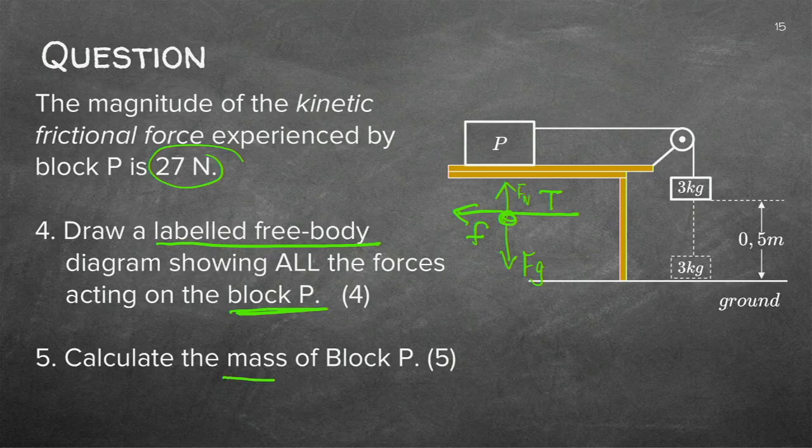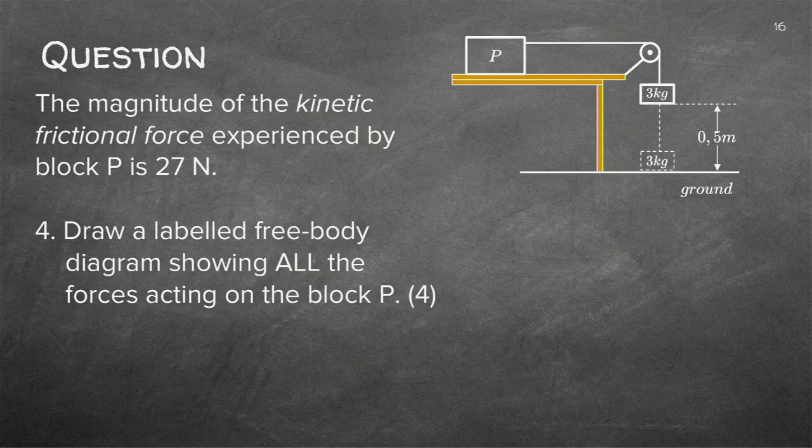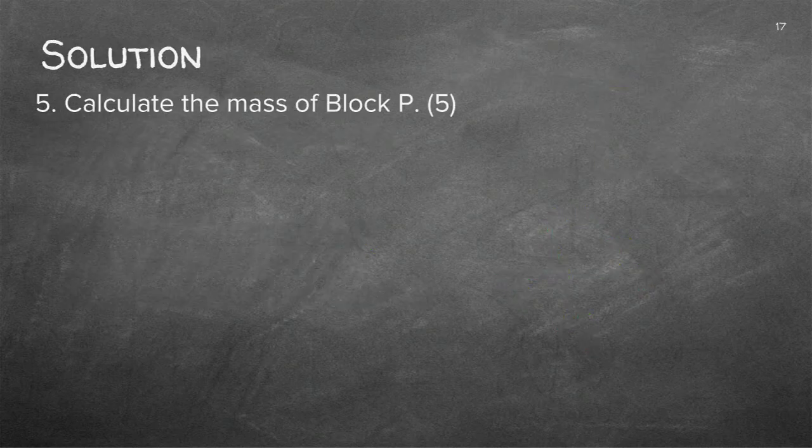The second question is determining this mass. Right. Let me go there. The free body diagram we just did, I'm just going to draw it again. I've got the T pulling that way, and we've got the value of T. We calculated it just now. We've got friction that side. We've got the normal going up from the surface and gravity going down. Finally, let's calculate the mass of block P. The mass of block P will be that block there, which we just had. It's moving that way. So we've got T that way and we've got F that way.